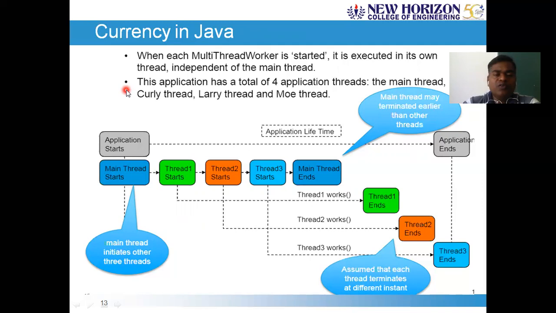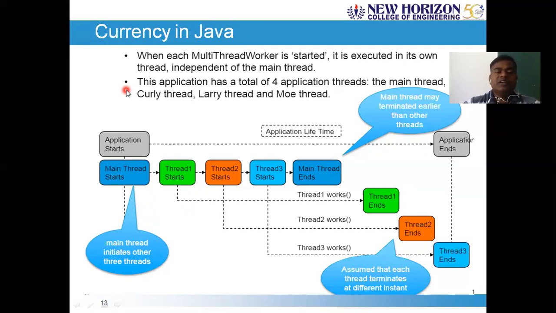If you want to perform any additional task, you can do so using the existing thread, or if you want to achieve multi-threading, you can create a number of threads from the application. You can create as many threads as you want, based on the requirement.